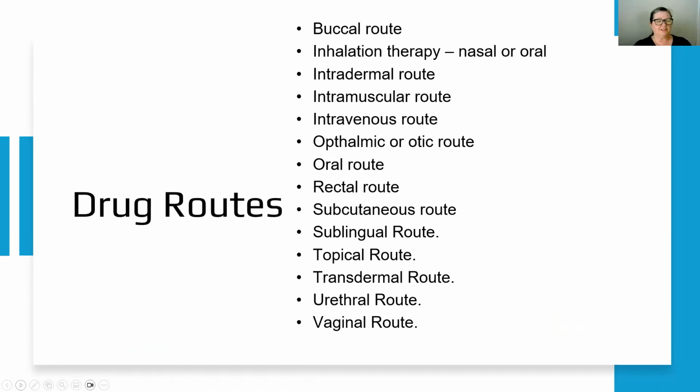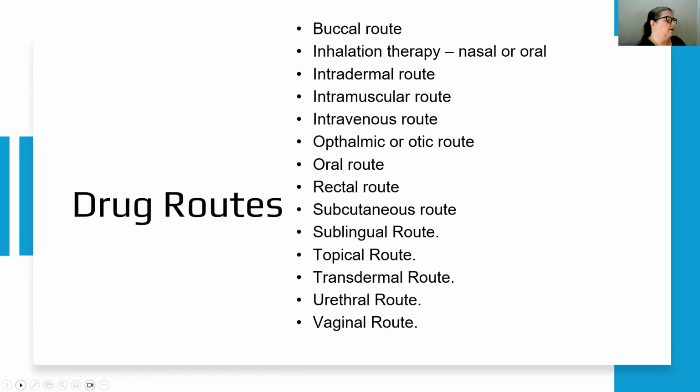The urethral route, this is very uncommon. It would be more in an emergency situation, but you can administer medications through, say, a catheter if you absolutely had to. And then the vaginal route, of course, this is for medications like Monistat. Anytime a female patient would have, say, a yeast infection or something, you can have medications that are applied